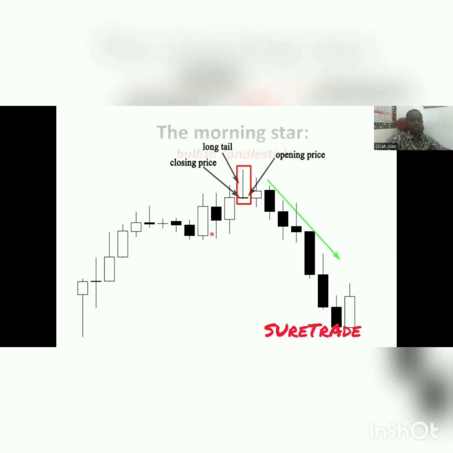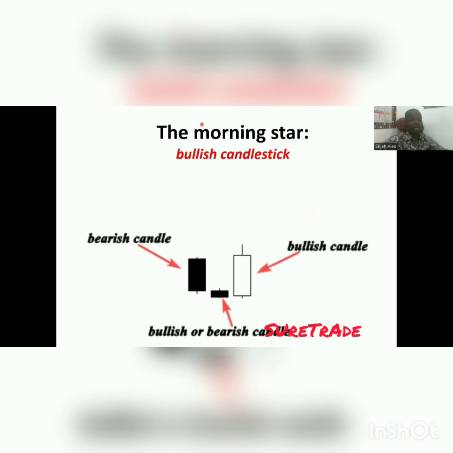All right, next is the morning star. I love this pattern because it occurs so much. I'm going to show you examples in the live chart soon. Don't worry. So we have the morning star. The morning star is a bullish candlestick pattern. It is a three-candlestick formation, which includes